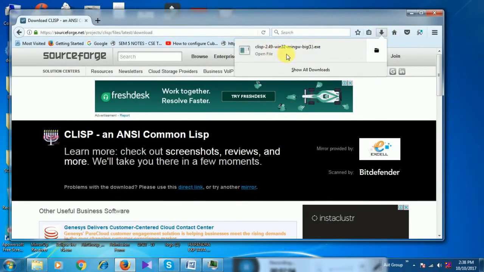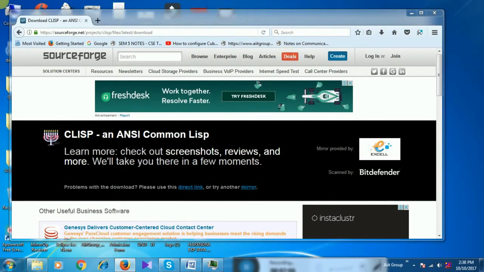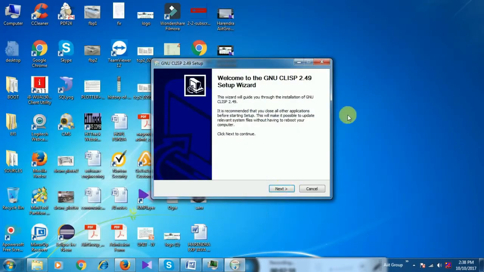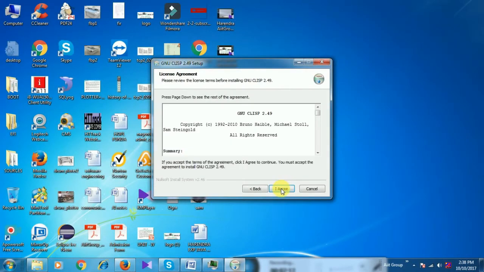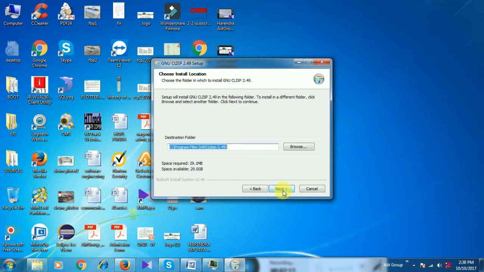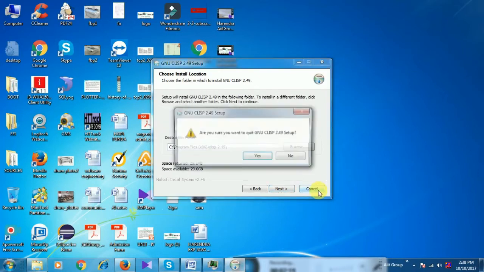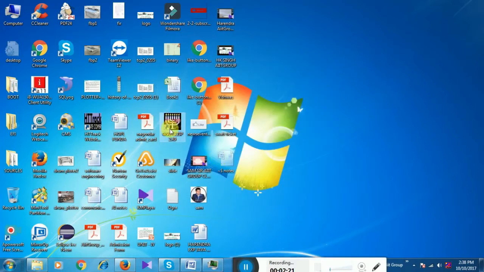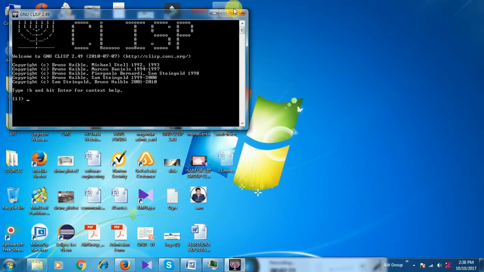After downloaded, just click on it and give the permission and follow the next steps: agree, next, and so on. So then after opening this,